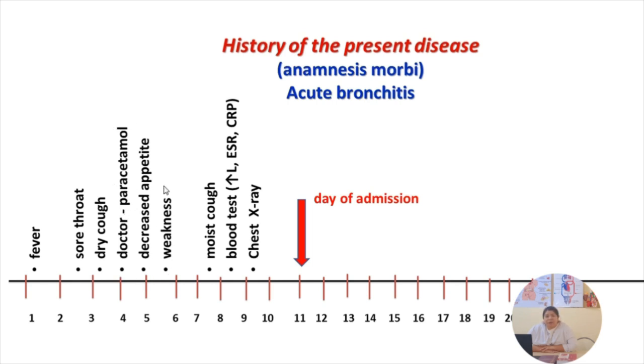At the beginning, the patient has fever, and then in 1 day sore throat and dry cough were added, and then he went to the doctor and the doctor prescribed paracetamol, and then on the 5th day decreased appetite, weakness, and after 1 week moist cough was added. The dry cough changed into a moist cough, and the patient went to give analyses like a blood test, which shows increased leukocyte level, increased ESR and C-reactive protein, and he was also examined by chest X-ray, which